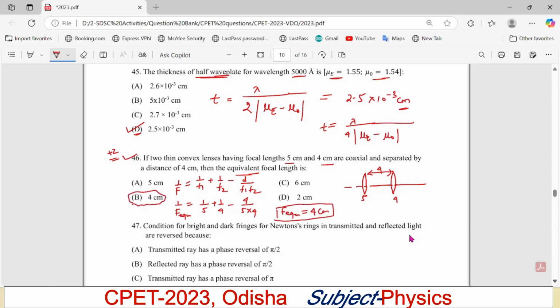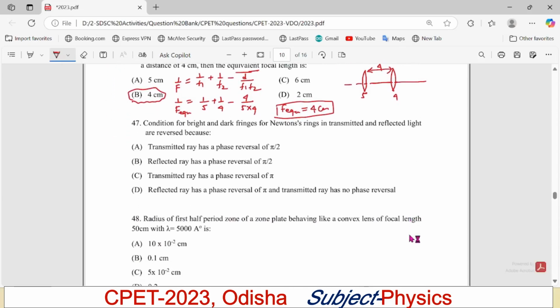Now we are going to move to the next question, question number 47. What is the condition for bright and dark fringes for Newton's ring in transmitted and reflected light are reversed? Because